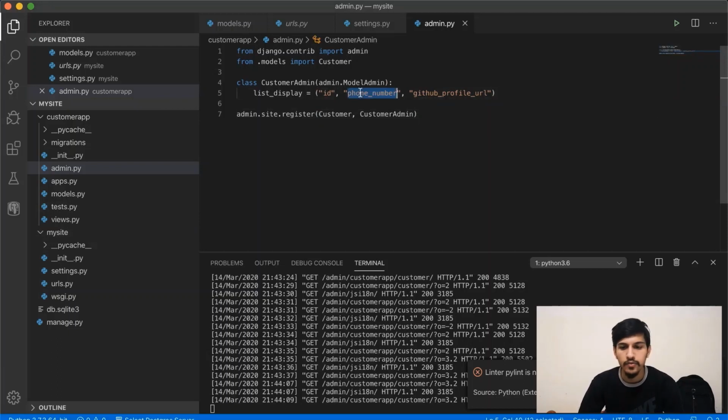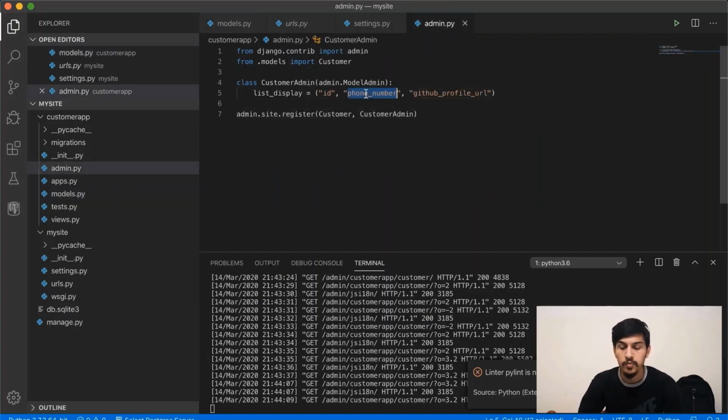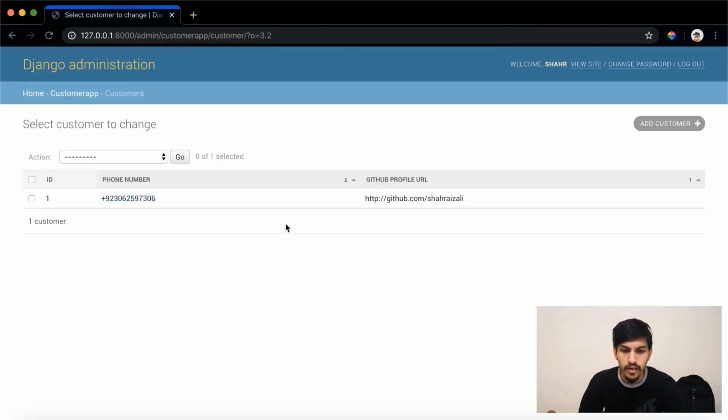Like I added this phone number because this phone number exists inside the DB. It will automatically map the data inside this field and that column and map it to the admin panel list display. But what if I want to show something which doesn't exist in the database, or it exists in the database but I want to change the format of it? I want to show something different than what's being shown here. So like in a real world, for example,